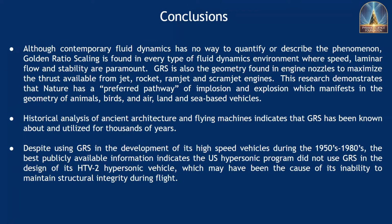So to conclude what we've found here today, although contemporary fluid dynamics has no way to quantify or describe the phenomenon, golden ratio scaling is found in every type of fluid dynamics environment where speed, maintenance of laminar flow, and stability are paramount. GRS is the geometry found as well in engine nozzles to maximize the thrust available from jet, rocket, ramjet, and scramjet engines. This research demonstrates that nature has a preferred pathway of implosion and explosion that manifests in the geometry of animals, birds, and air, land, and sea-based vehicles. So again, this is profound for a number of reasons, but